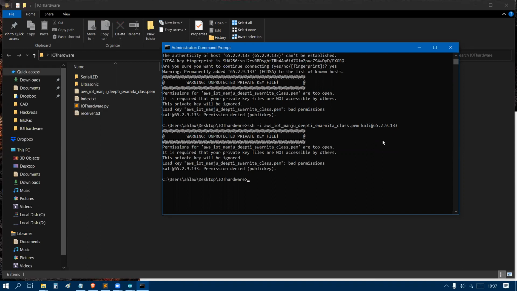This private key is getting ignored. Yes, the correct IP address I shared with you. Just one minute. Permission denied, the AWS PEM file permission.